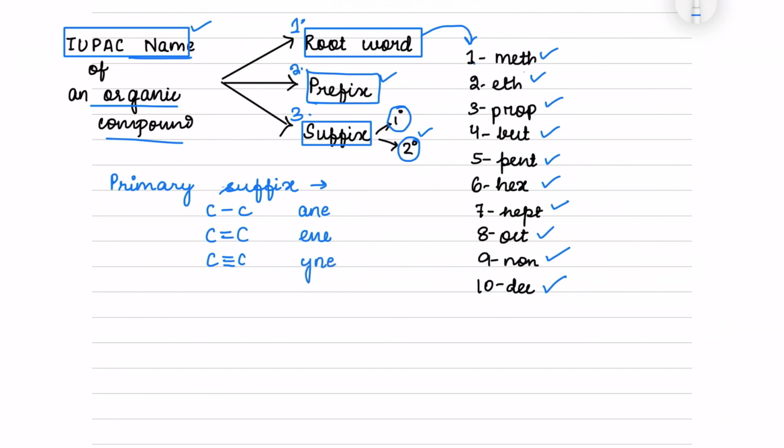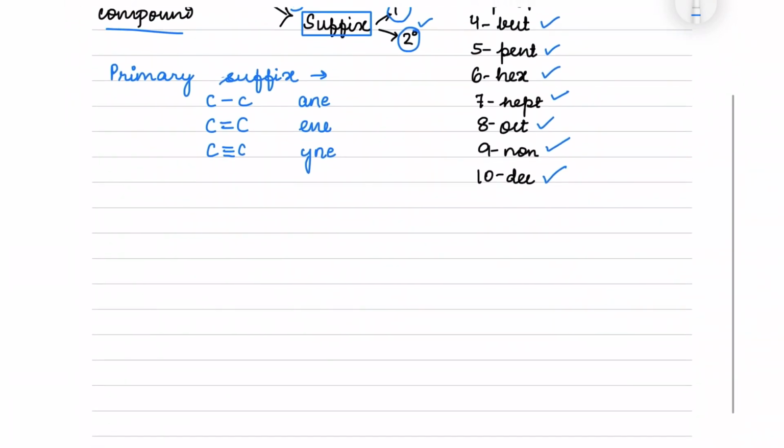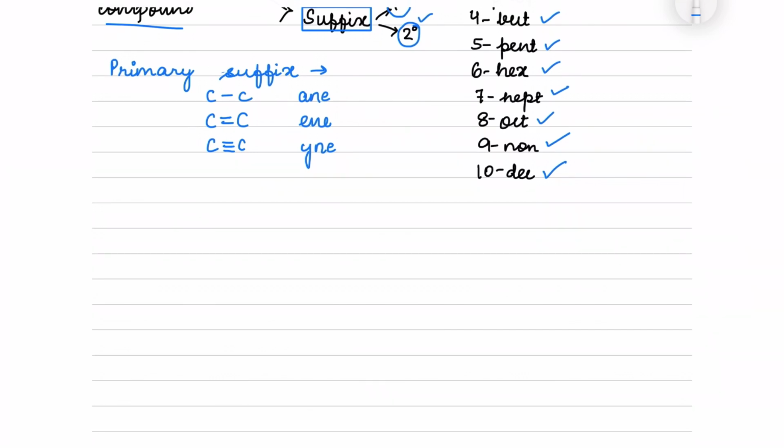Now, secondary suffixes and the prefix depend upon the priority list of the functional groups. In an organic compound with more than one functional group, whom are we going to prioritize, or which carbon is going to get the least number in the carbon chain? Let us begin. The first is COOH, carboxylic acid, then SO3H, sulfonic acid, then COOR, ester, then COCl, acid chloride, then